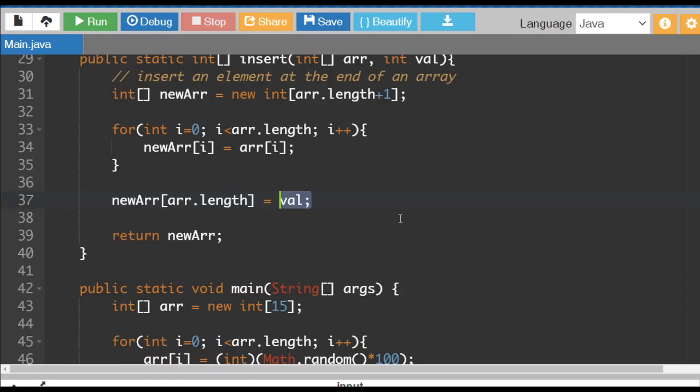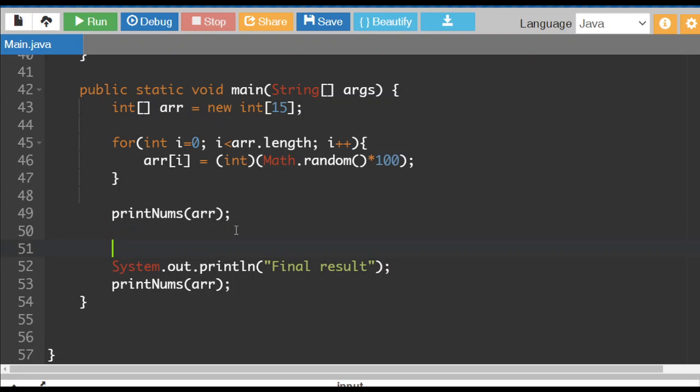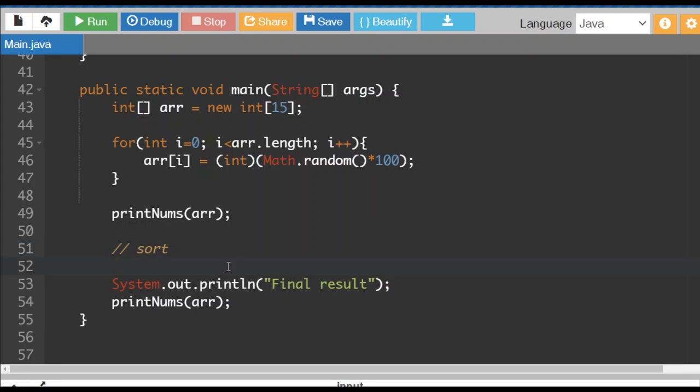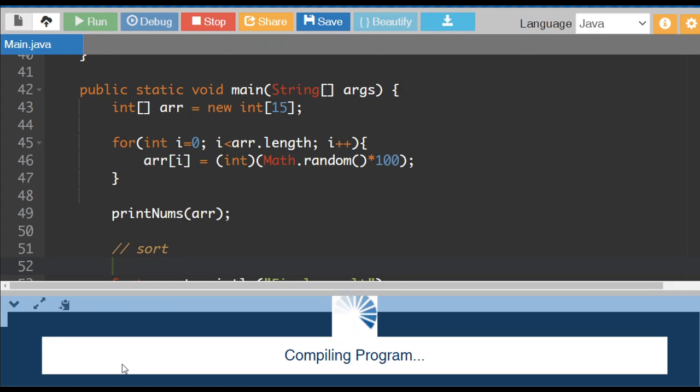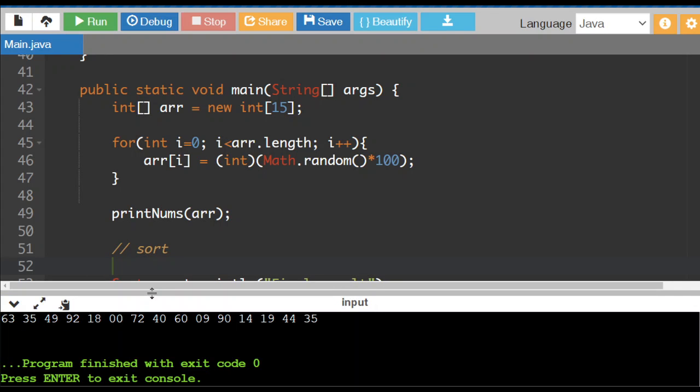Okay, so now down to our main program. And again, I've already got some components included here. With this one, we've got an array with 15 elements. We're going to create 15 random numbers from 0 to 99. We're going to print them. This step here is where we're going to do our sort, and then we'll get the final result at the end. So I'm just going to run the program and explain what we're going to be doing